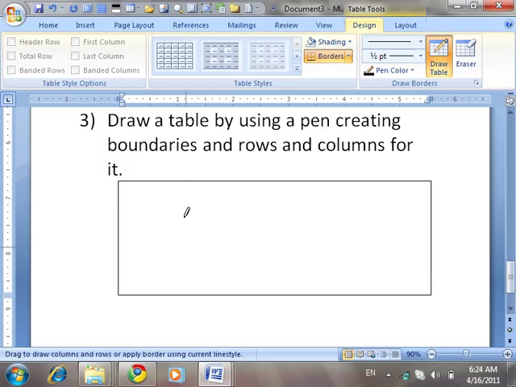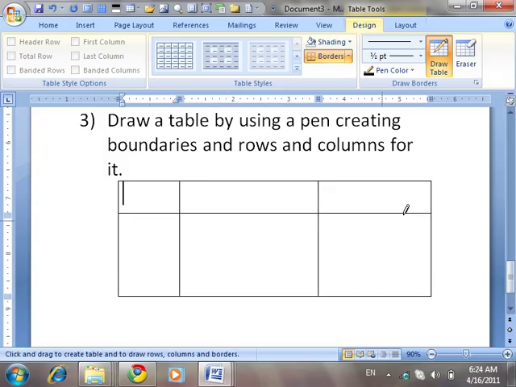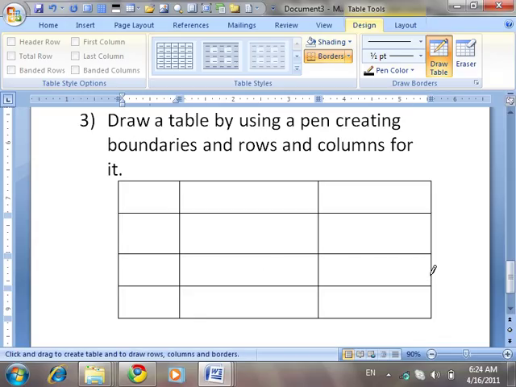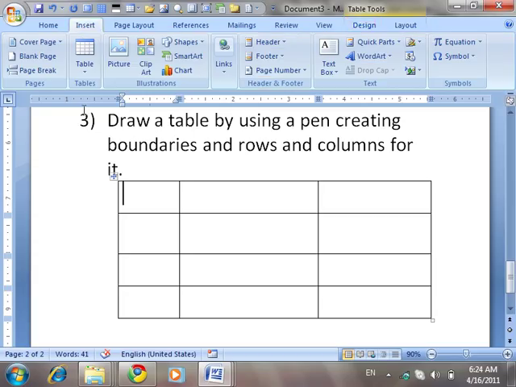Inside that, if I'm going to create a column, 1 column, 2 column. Okay, so 3 columns created, rows, 1 row, another 1 row. Okay, so another 1 row. So this depends upon your choice. Rows and columns you're going to create by pen, but right now if you want to write something inside it, is it possible to do so or not? And the pen cursor can be removed with the help of what? If you press the escape button,